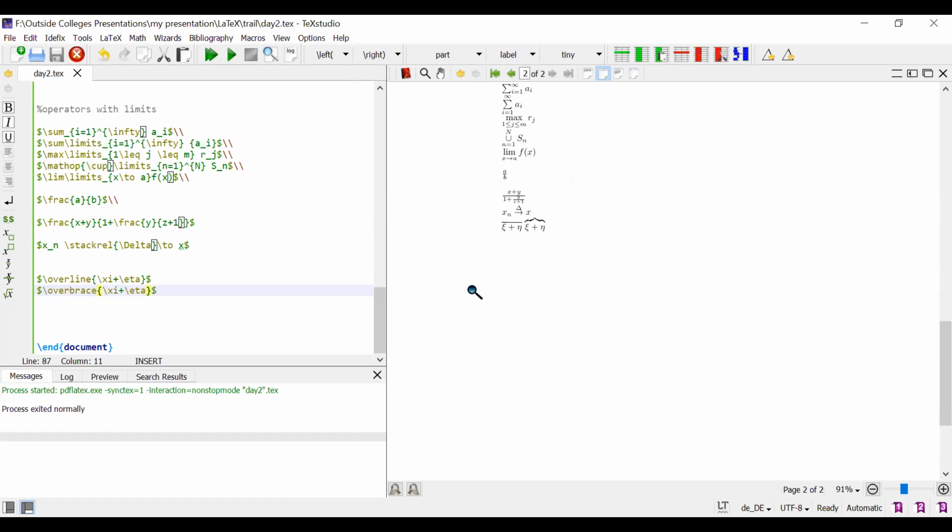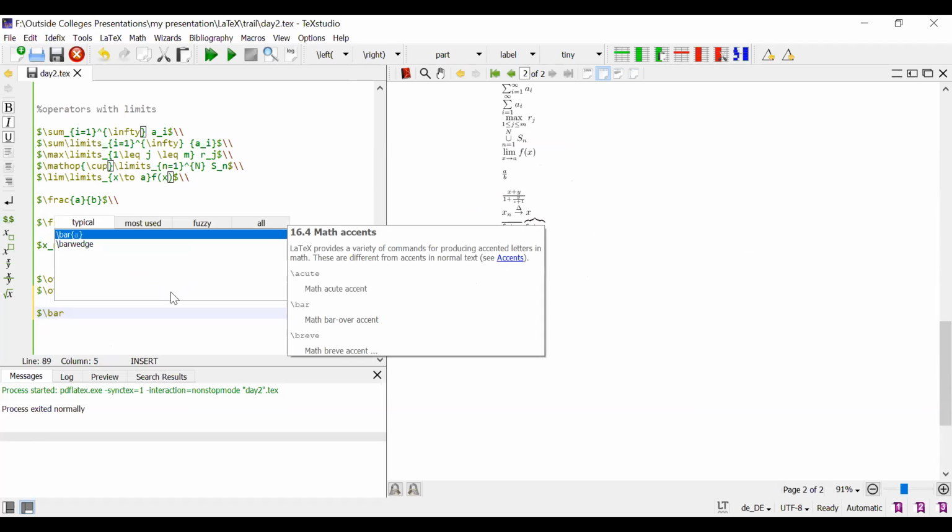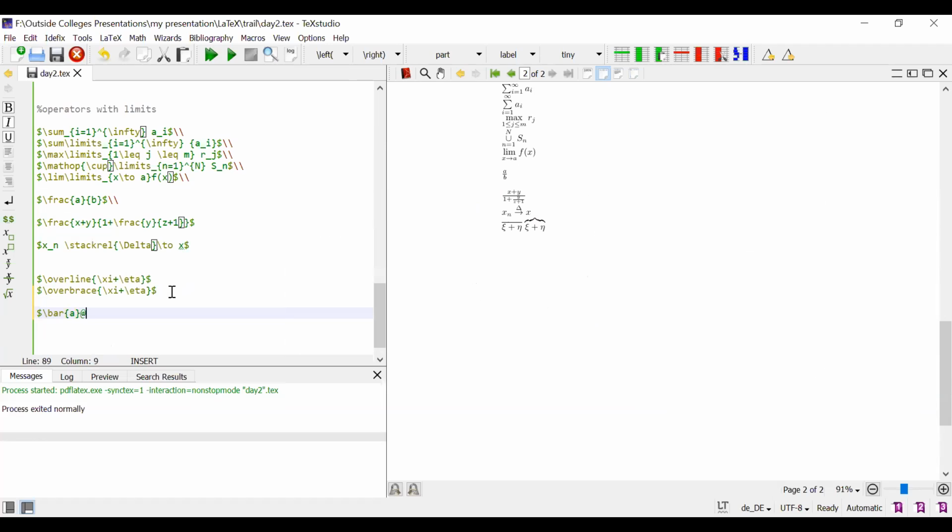So next one is array and accents. How do you use the accents? Suppose you want to perform the complement. Dollar symbol, bar, that is, we draw one line over any element, that is a complement. This is the complement of A. Likewise, you can write hat, check, and so on.